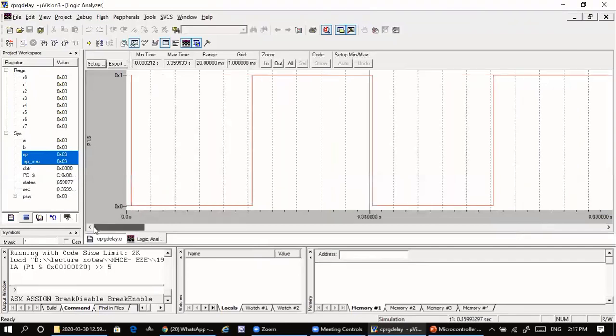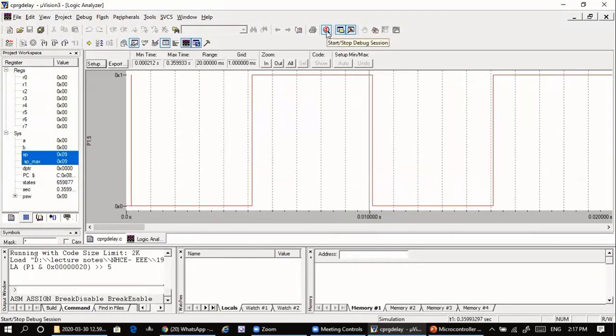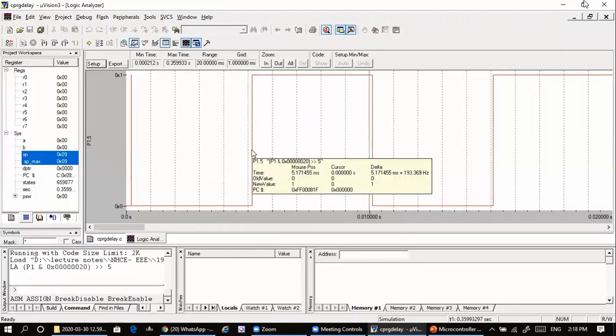So from here to here, you will be able to see that there is a square wave generated here with a delay of 5.17 millisecond. So as I mentioned earlier, there will be this non-linearity because the C program is basically converted into assembly language by an assembler. So the assembler may introduce some constructs. Due to that construction, the delay may increase or reduce. So a little non-linearity will be there, which is approximately equal to the 5 millisecond.